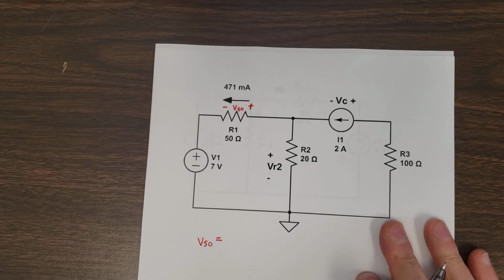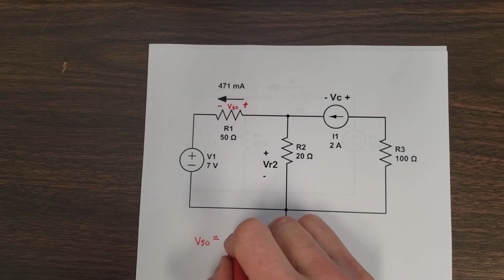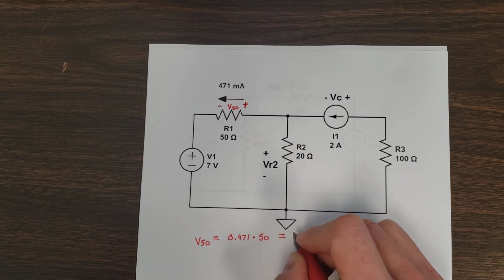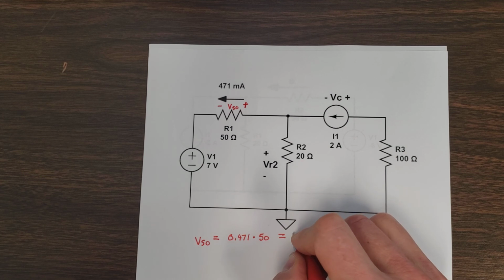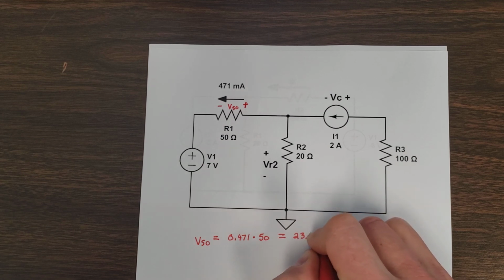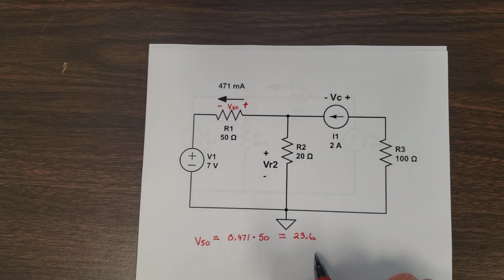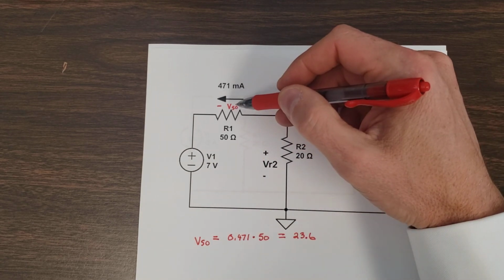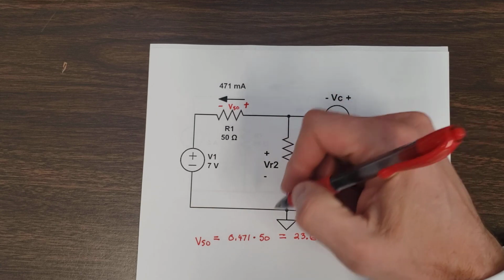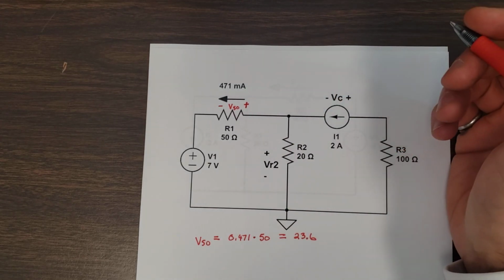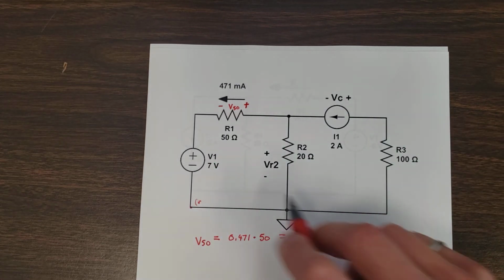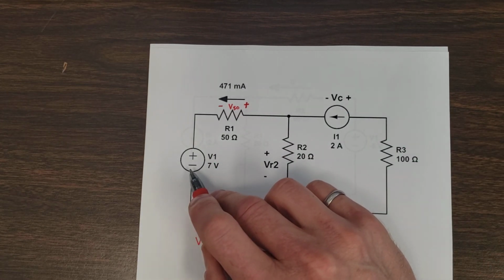And V50 is just going to be equal to 0.471 times 50, and that's going to be equal to 23.6 volts. All right, so now that we know that this is 23.6 volts, we're going to go around the loop, and we're going to choose to do the form sum the drops. So we're going to start down here, we're going to go around clockwise, and then let's identify this is going to be a rise,